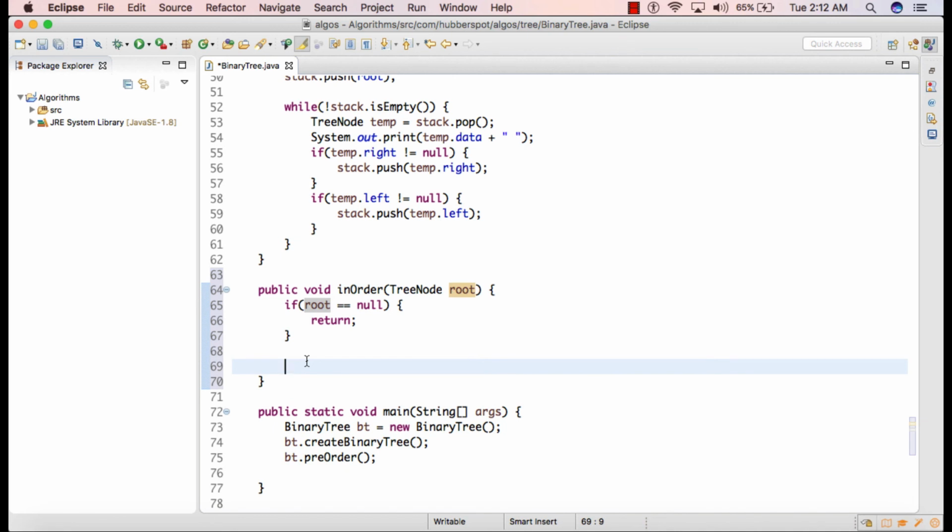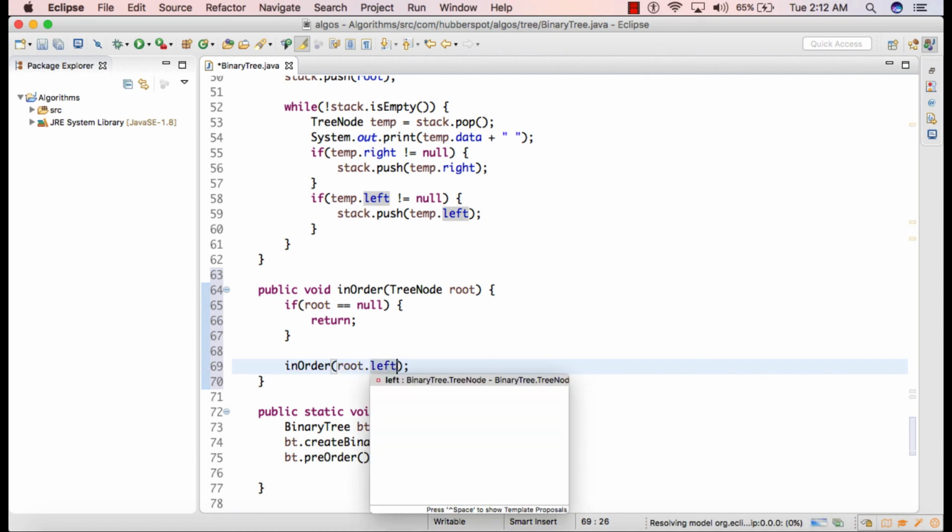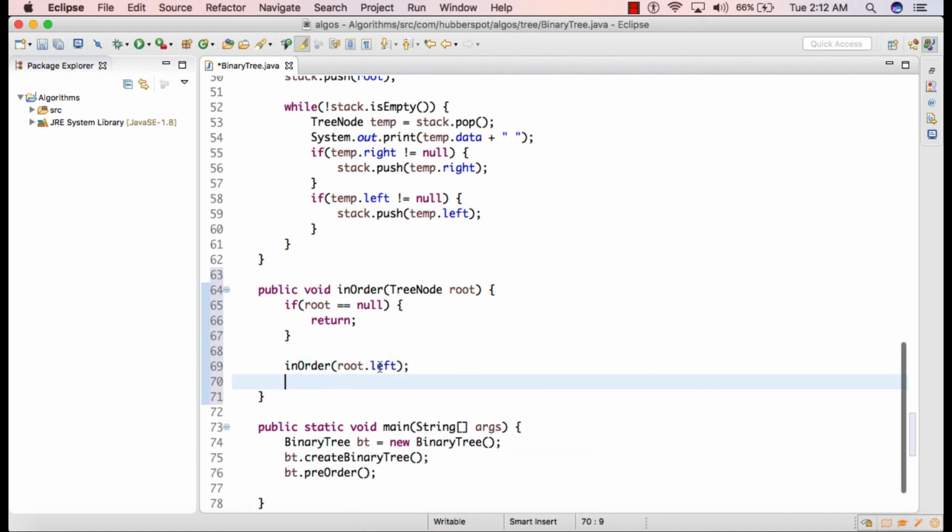And as we discussed in our slide, before visiting any node, we'll first visit its left subtree. So we'll call the inOrder method and pass root's left to it. And after we process its left subtree, we will visit the node.